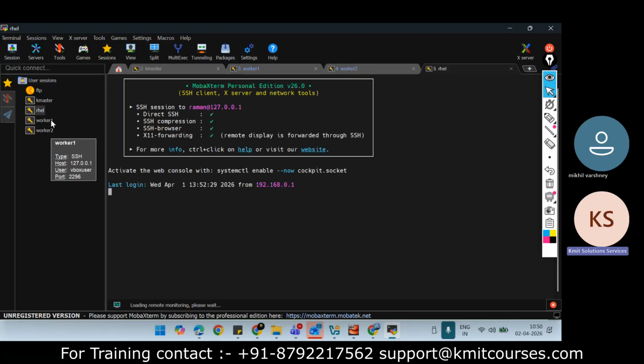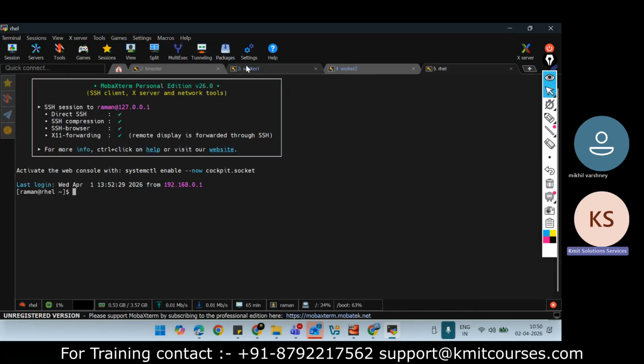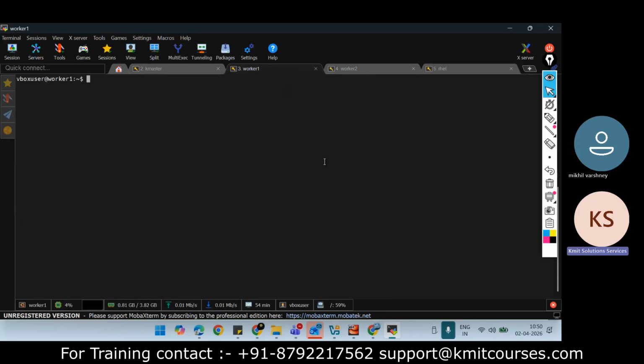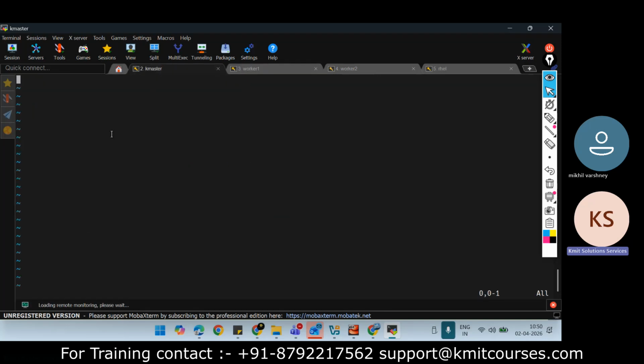So I will have three clients and one master. Now here, first on my worker node, I will consider this is my web server one. So I will check the IP address. Its IP address is 192.168.0.9. I will take this IP address and put it into my host file.